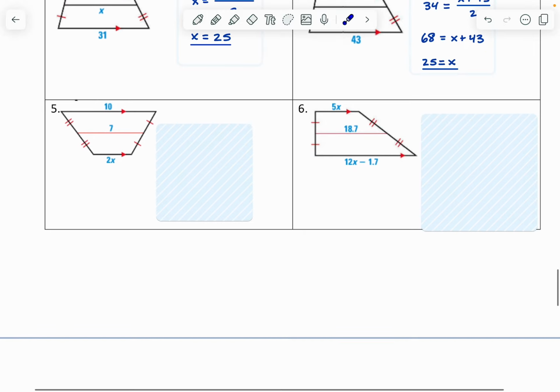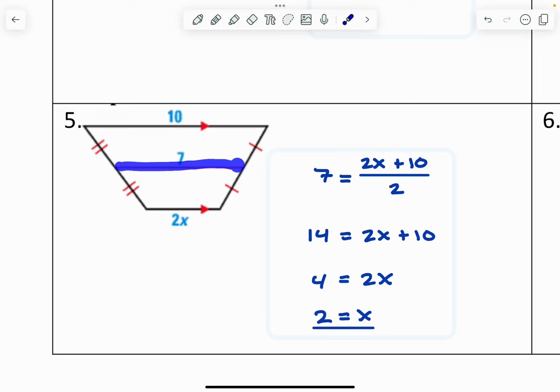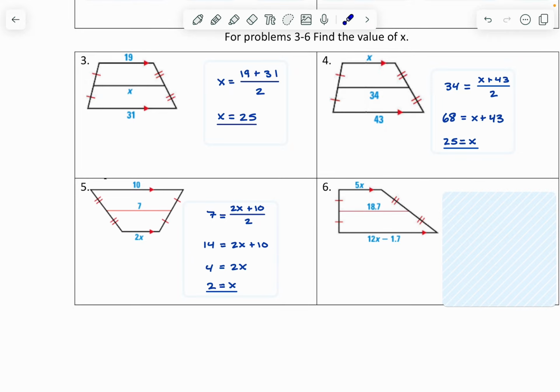Problem 5 and 6 add a little more to this, but we can still solve it the same way. We know that the mid-segment is 7. We know that one of our bases is 2x and one of our bases is 10. 7 is equal to (2x plus 10) divided by 2. Multiply both sides by 2 to try and get 2x by itself. Subtract 10 over, divide by 2. You get that x is equal to 2. And for our last one,